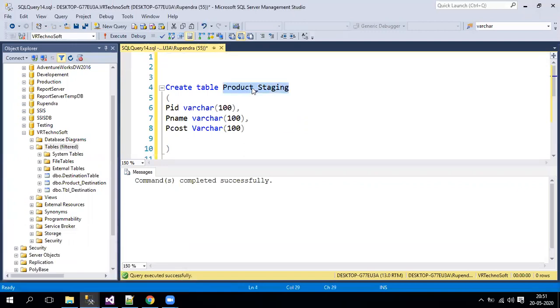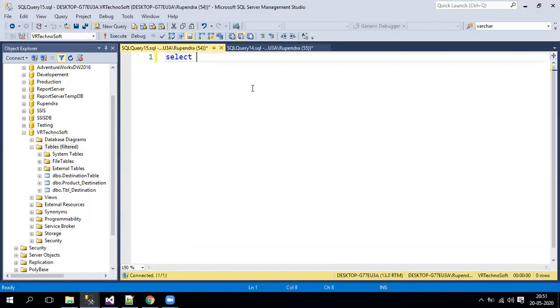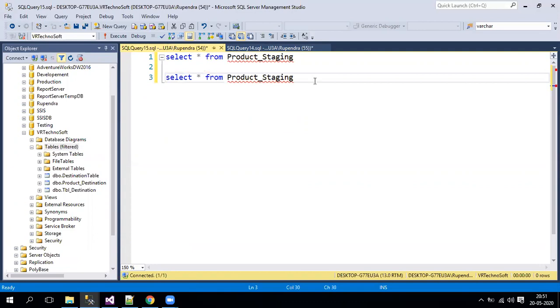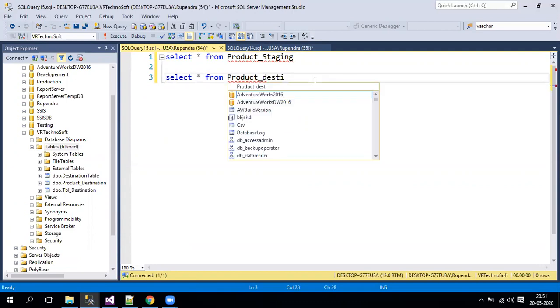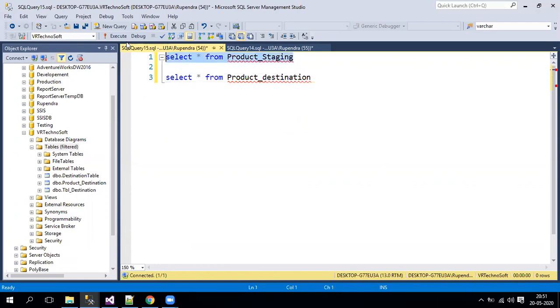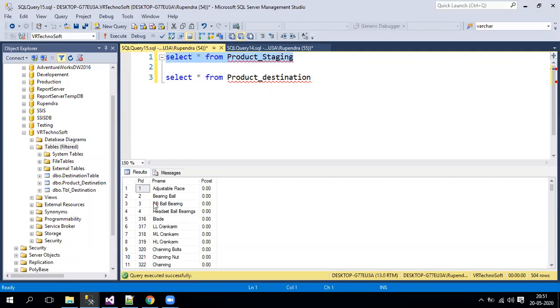So now let me take out this table here, select star from my staging, and also select star from my destination table. As of now, I loaded the staging table. Let me show you. Yeah, here is the data. So I have totally 504 rows over here.